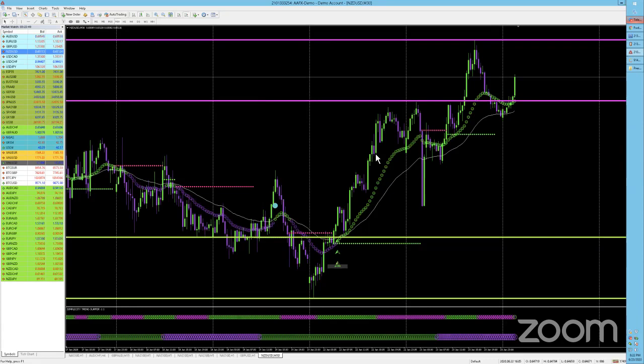So how do you use this along with the simplicity system? So this is the simplicity system. How do I use the 50 in conjunction? Yes. So for example, like this one right here, we broke above the 50. We've got kind of a tweezer top in terms of candle formation. We retested fair and square. So even though we don't get a technical signal until here, I have the opportunity to take that trade here. And then the same thing.